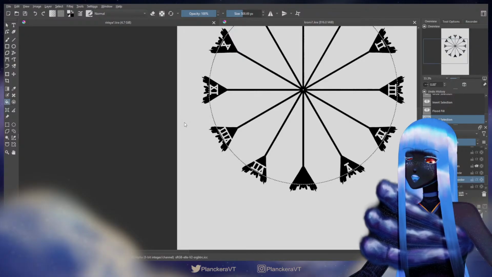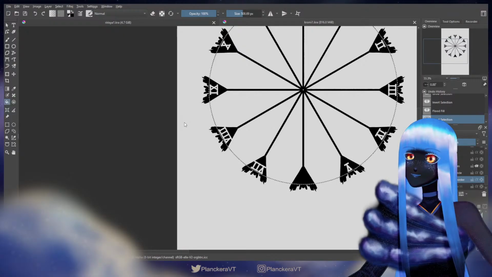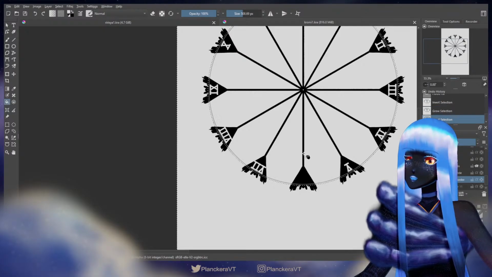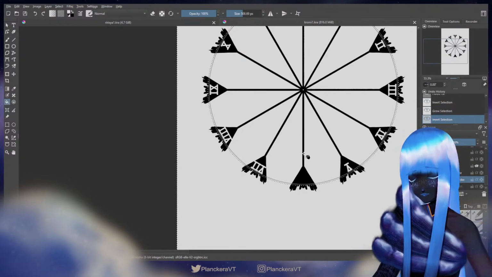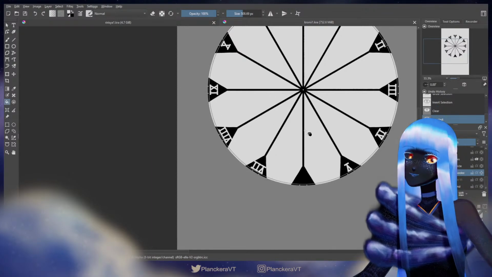How thick do I want this line to be? Maybe somewhere around, I don't know, 12 pixels? Let's see what that looks like. Oops, that's right. No, I don't delete there, I delete here. And then I get the lines this way.